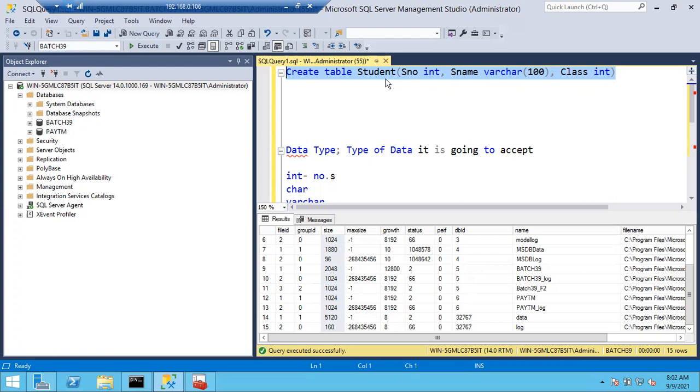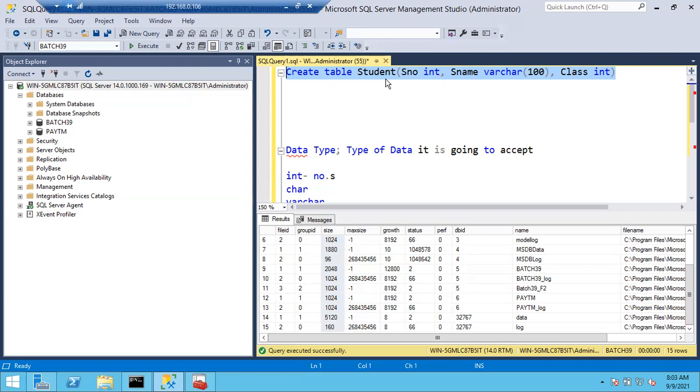In Batch 39, the machine has four system databases, and Batch 39 also. We are running the query in Batch 39, sir, so then the data will be stored in the Batch 39 master database only, no, sir?